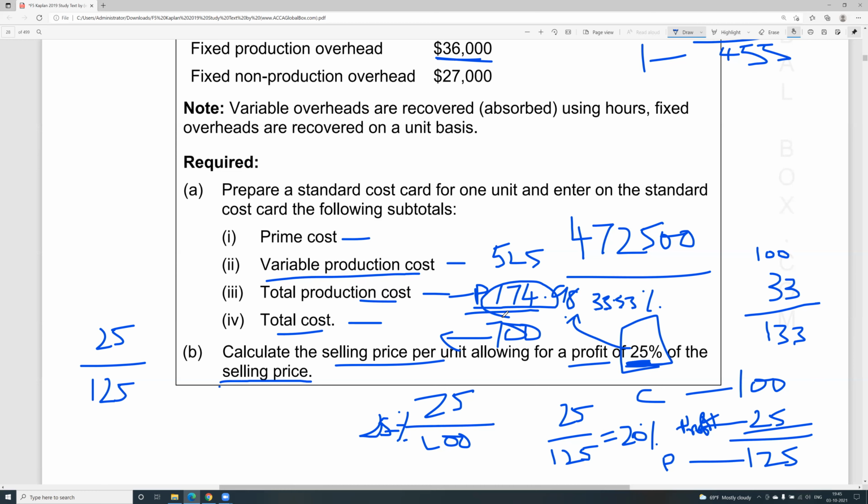Are you guys getting this reverse logic? This is already done in management accounting. I just wanted to explain that to you. If you didn't understand, I'll explain it once again after the session, or we can go through it once again. That's profit on cost and profit on sales price, two different things. You guys there with me? If yes, put down yes in the chat section.